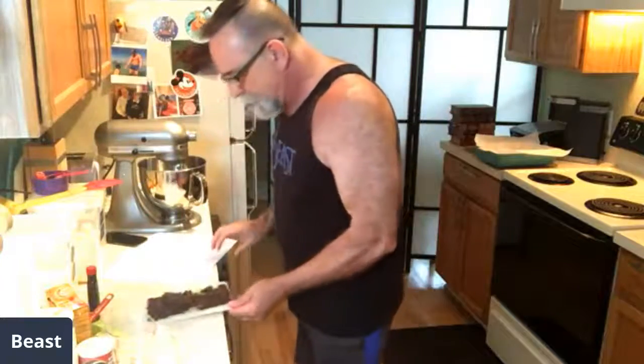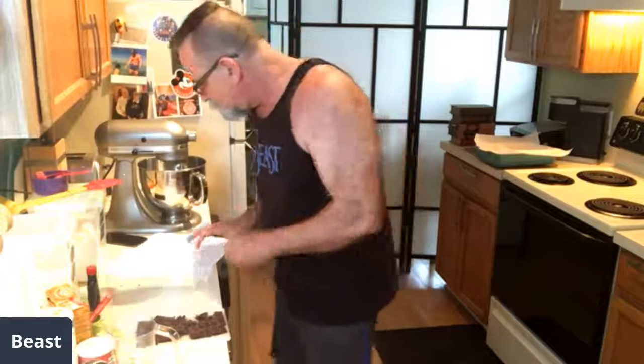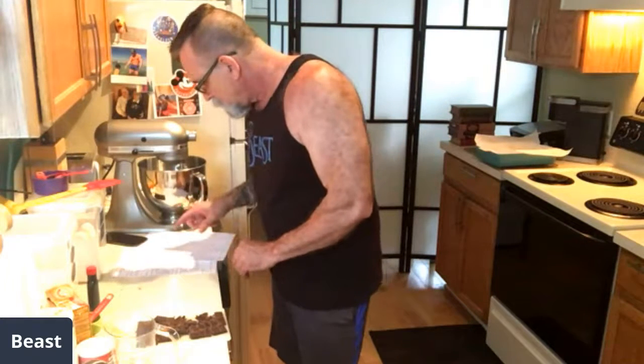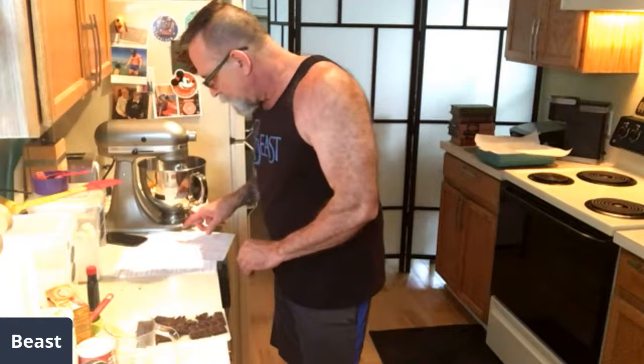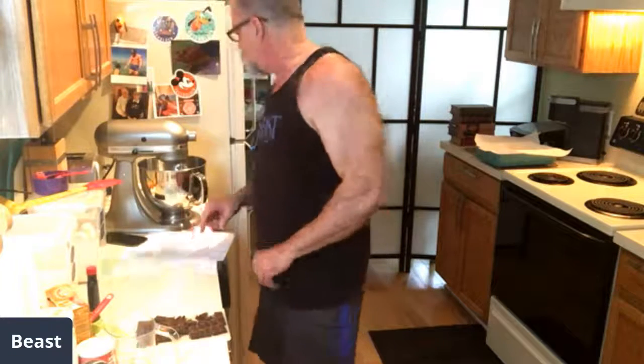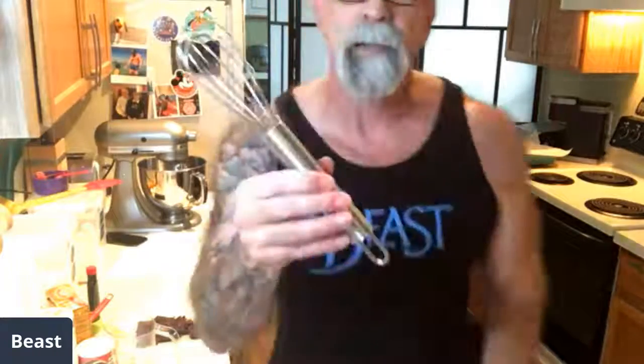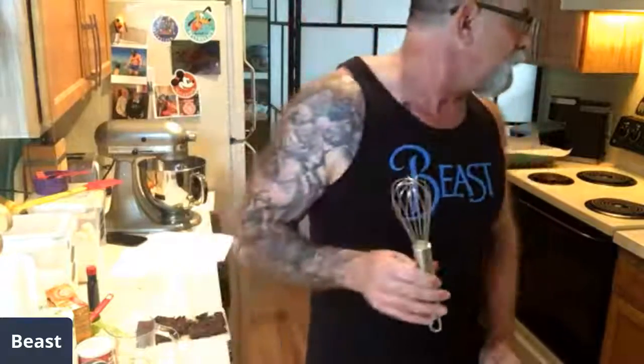So I'm going to put this chocolate into the bubbling butter. And then I'm going to whisk it. So where's my whisk? One of my other favorite things, I bought a good whisk. Buy a good whisk, everybody. It's my hint. So anyway, while that is bubbling up the butter,